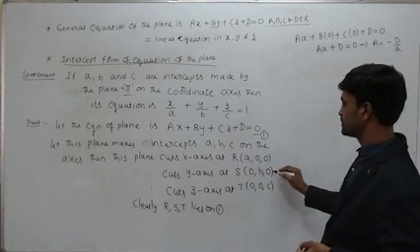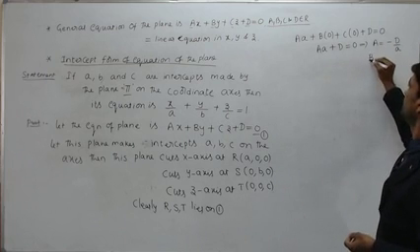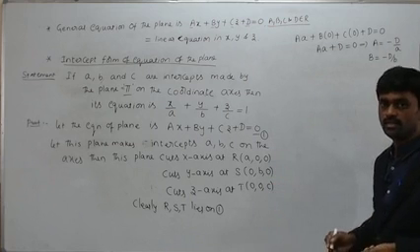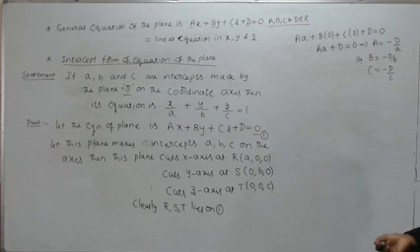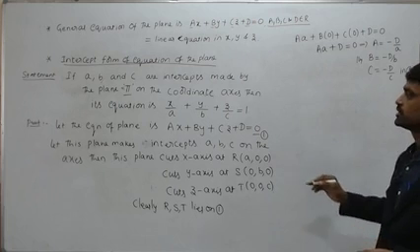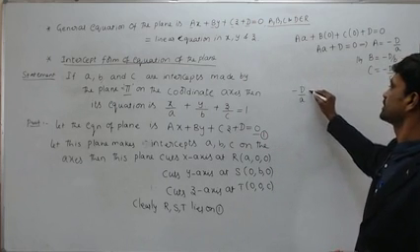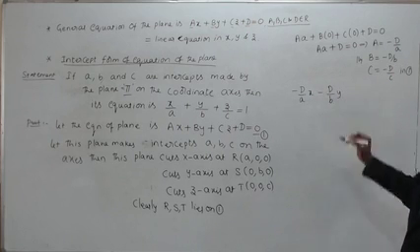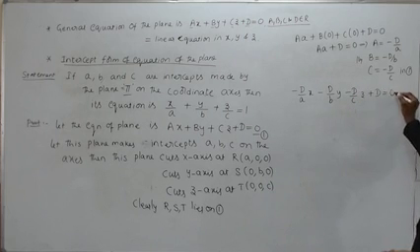Similarly, if you substitute point S, because the plane is also passing through the point S, then you will get the capital B value as minus D by b. And also the plane is passing through which point? T. Then you will get the capital C value as minus D by small c. So substitute these A, B, C values in equation 1. Then equation 1 reduces to: Ax, so minus D by a into x, plus By, that is minus D by b into y, plus Cz, C value minus D by c into z, plus D is equal to 0.